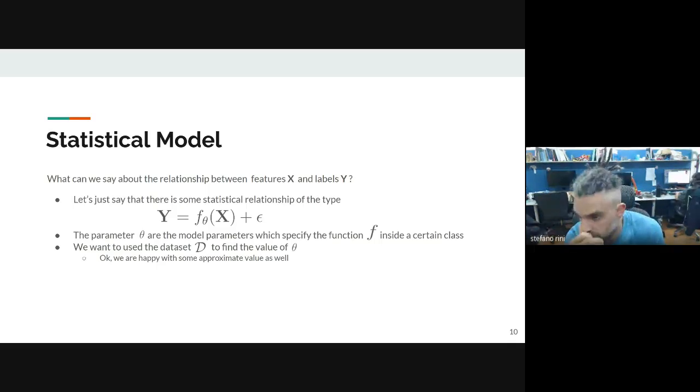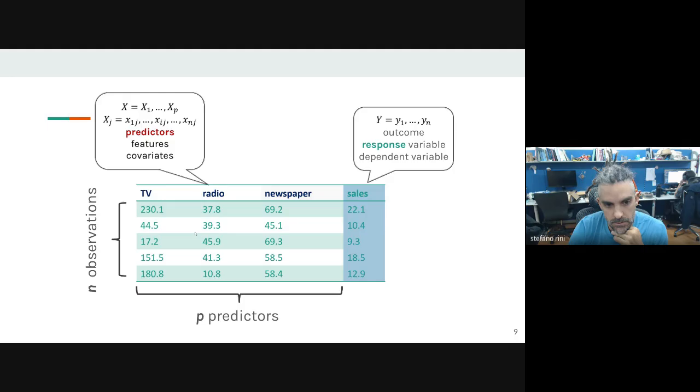And what we settle on is to say that there is a deterministic function f, which is controlled by a set of parameters theta that links the input x to the output y by allowing for some noise epsilon, which is independent from x. Okay, very important. Going back to the example before, of course here the sales will also depend on what the heck you're selling.